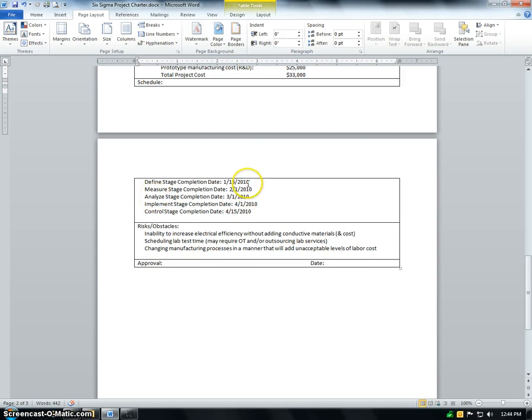So Define happens January 15th, two weeks to get the Measure stage complete. Looks like a month to do the Analyze stage, another month for the Implementation stage, and two more weeks for the Control stage. Risks or obstacles that are